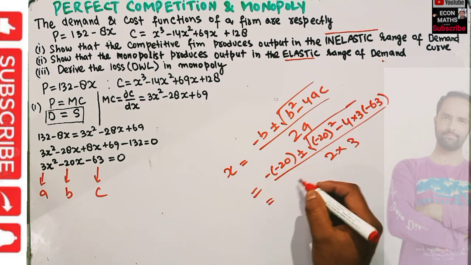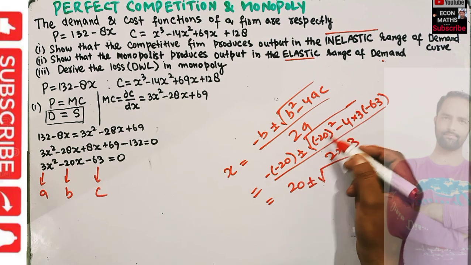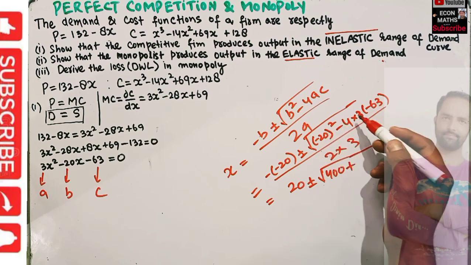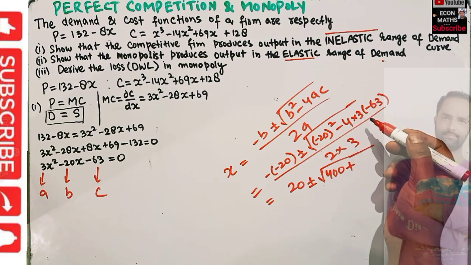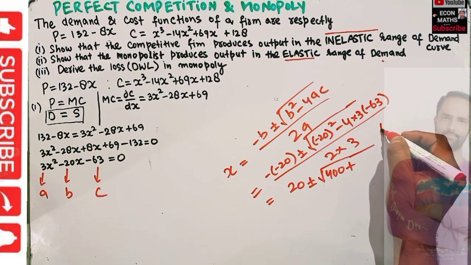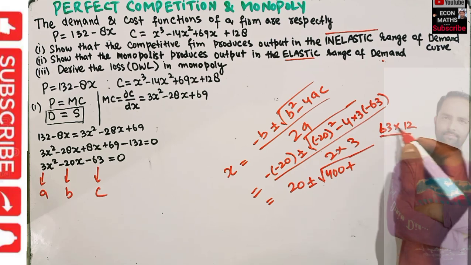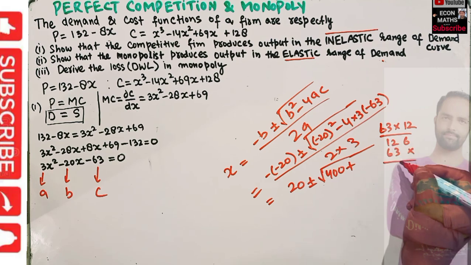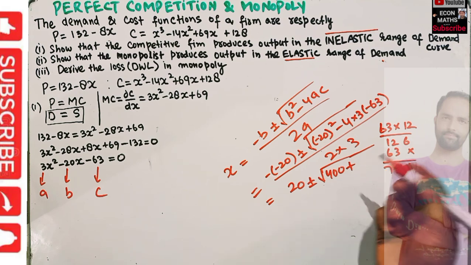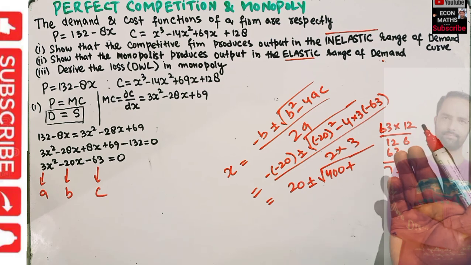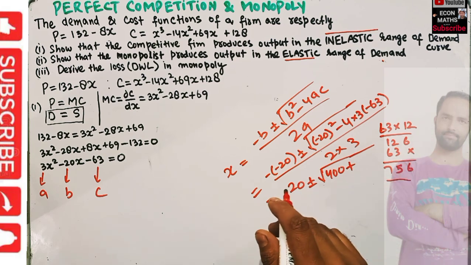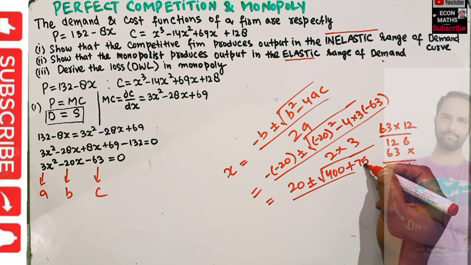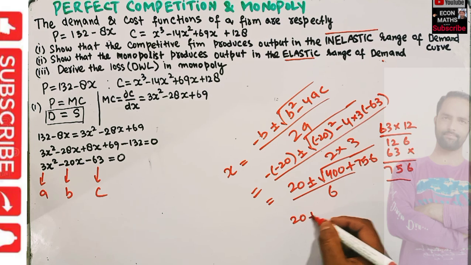Okay, so this is 20 plus minus, so square of negative number is always positive, so 20 square is 400, so minus minus is plus, so we got 4 3s are 12, 12 into 63. Okay, so we have 63 into 12, so this comes out to be 756, I guess. Okay, so I know I'm just doing it manually, let us hope this calculation comes out to be right. Okay, so we got 756 here divided by 2 3s are 6, which gives us 20 plus minus